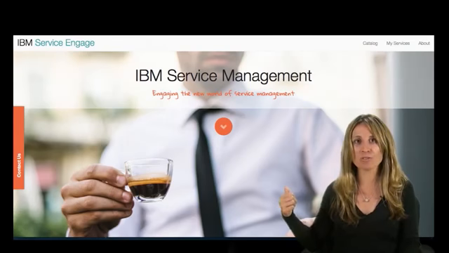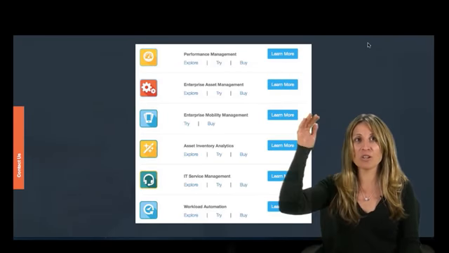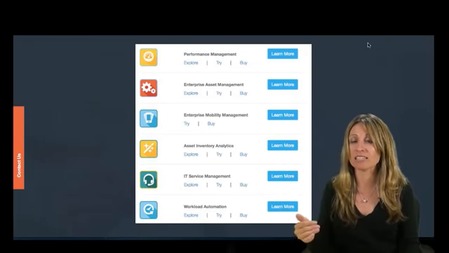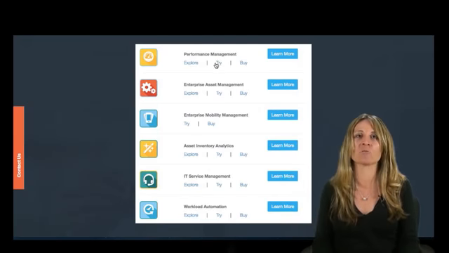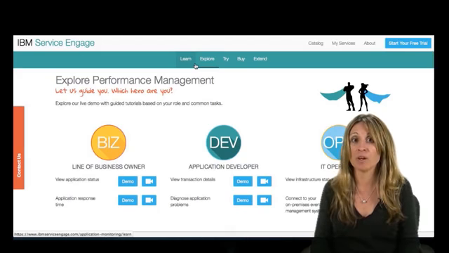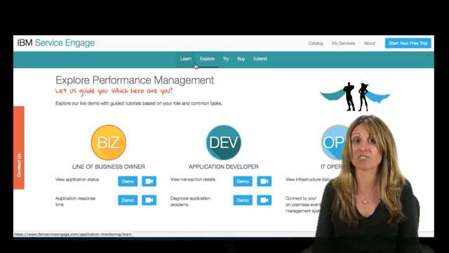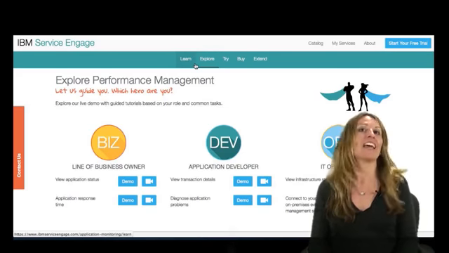So from IBM Service Engage, I'd like for you to click the catalog, and what you're going to find is a list of services for Service Management SaaS. If you see Performance Management, click Explore. This is going to take you over to the live demo. We've got 3 sandbox exercises available for Performance Management: the line of business owner, the application developer, and the IT